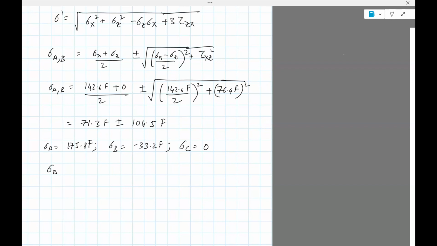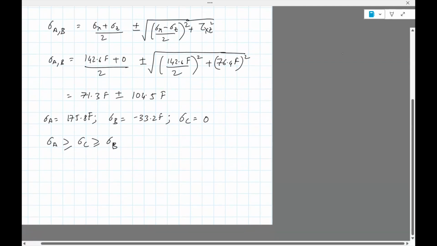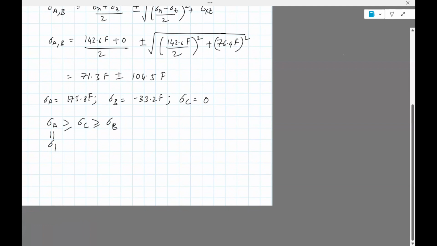Sigma A is greater than sigma C, which is greater than sigma B. So sigma 1 is sigma A, and sigma 3 is sigma B. Sigma 1 is 175.8 F, sigma 3 is minus 33.2 F, and from this, tau max is